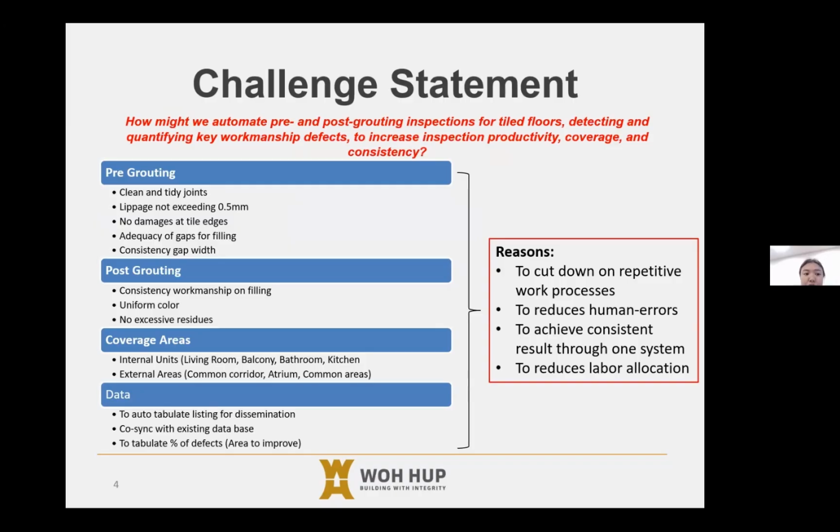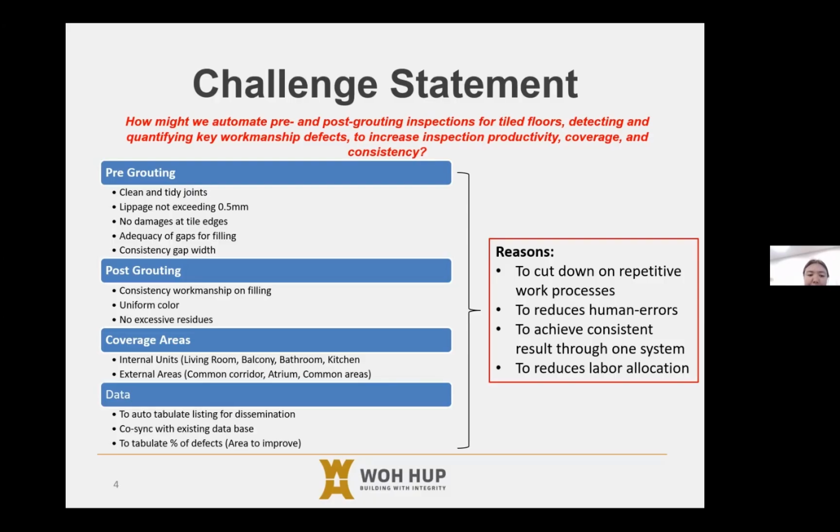The automation should also be able to detect leakage not exceeding 0.5 mm, and detect damages around the tile edges. Of course, on the tile gap,